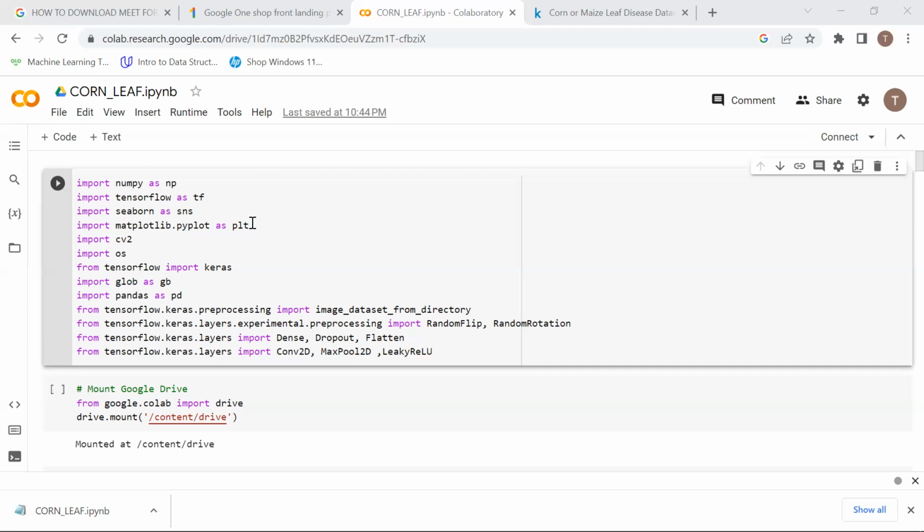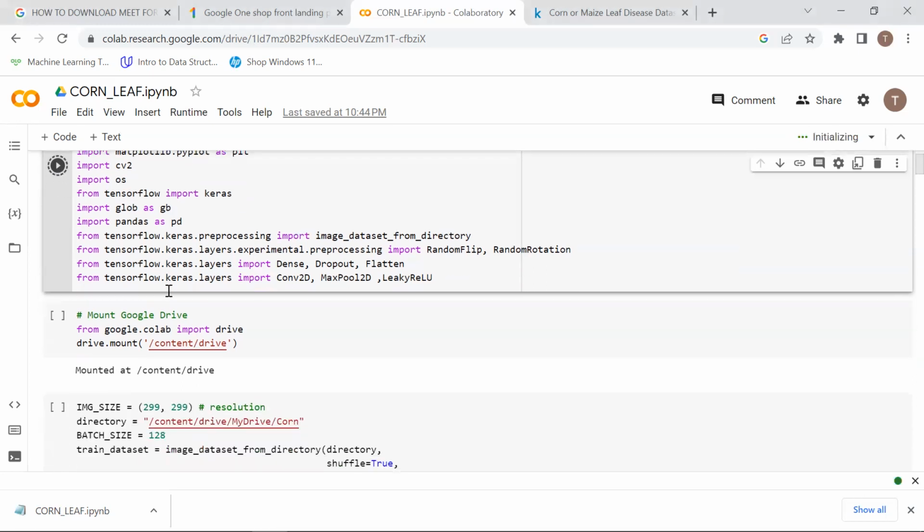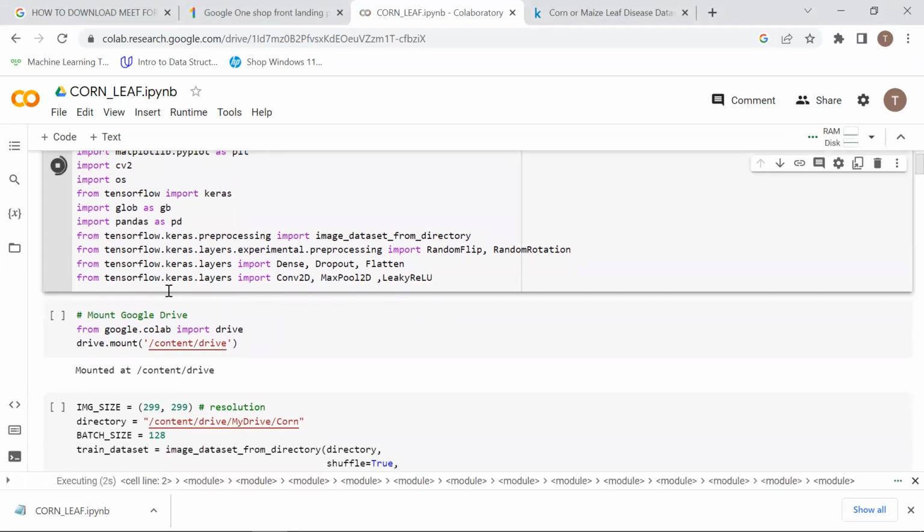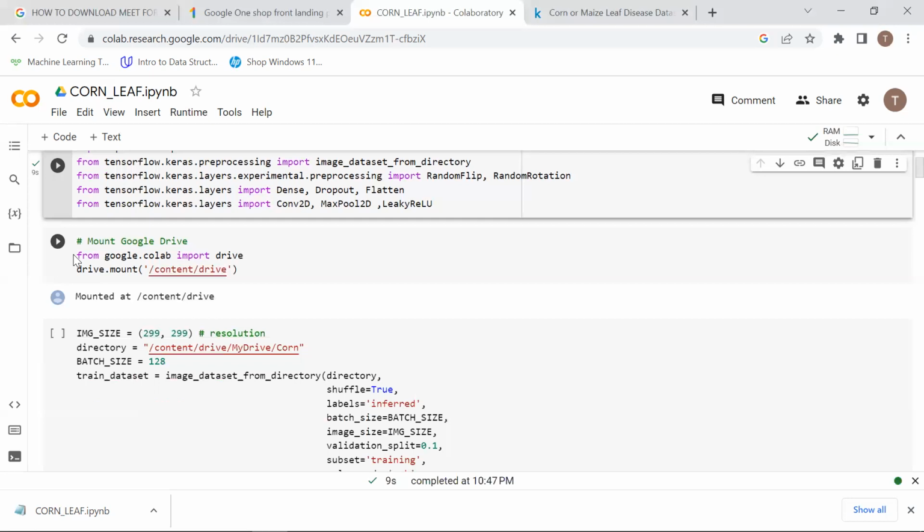Now, if we see the second code here, what we are doing is first importing Google Drive. When you run this Google Drive code, it will first ask whether you want to connect to your Google Drive or not. Then you will give the permission, yes, you want to connect. Then it will make a full Google Drive copy over to this Google Colab notebook. If you run this second code,